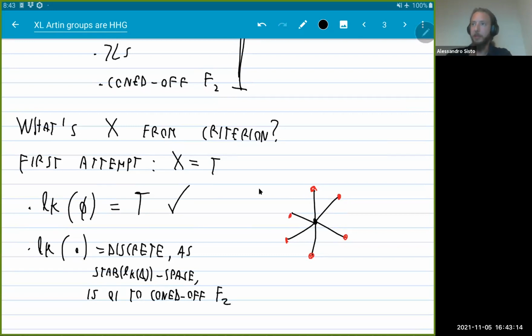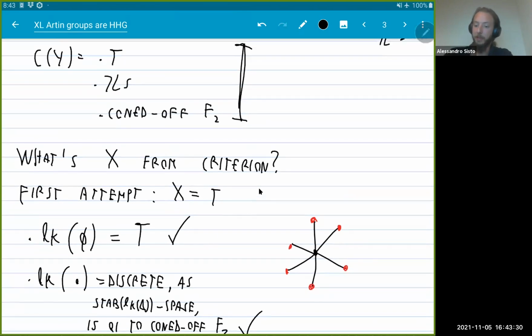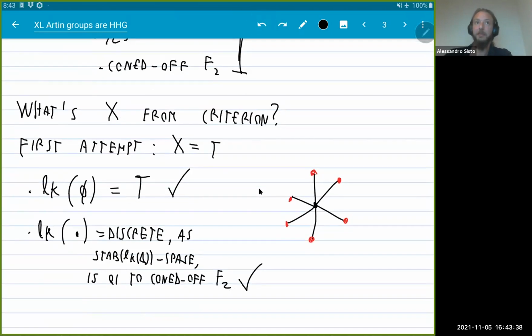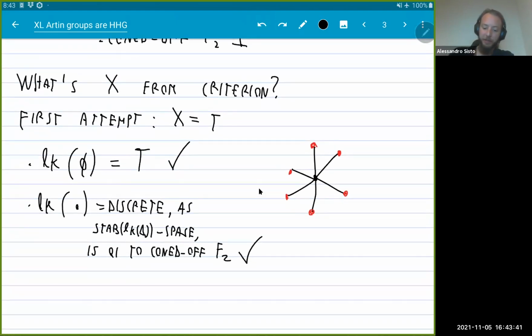So it's some Z squared cosets in F2 cross Z. If you cone them off, you know that the cross Z direction doesn't do anything, and it's basically like coning off an F2, if that makes any sense. And if not, just believe me, you get these types of links that we were looking for. So type 1 and type 3 we have as links for this X equals T, but we don't have the Z's. So that's not enough. That's not the correct space. It's not the correct X.